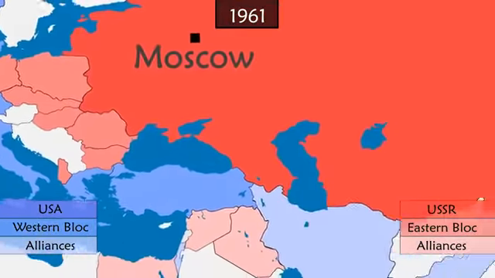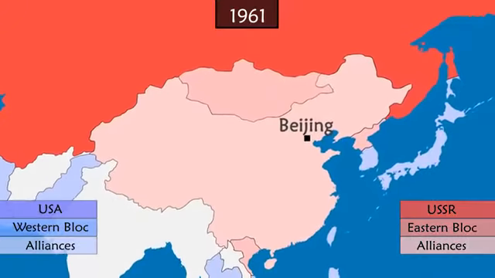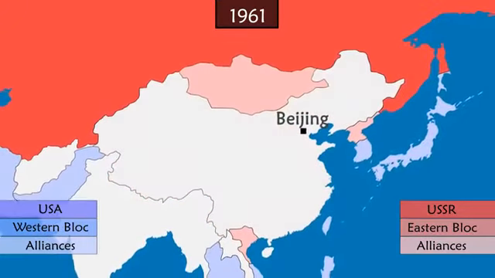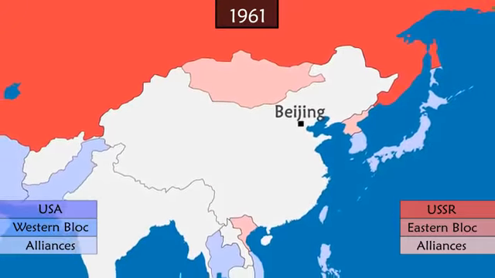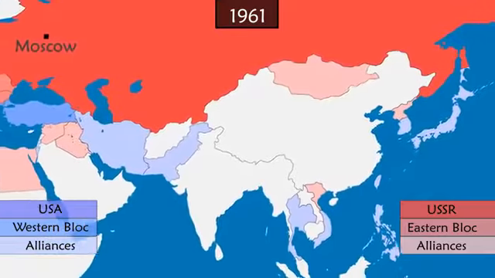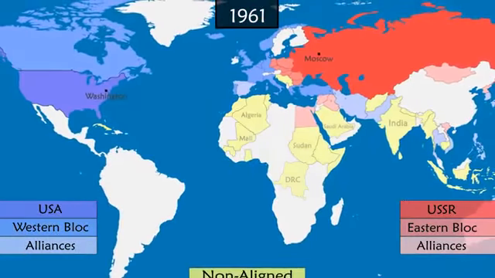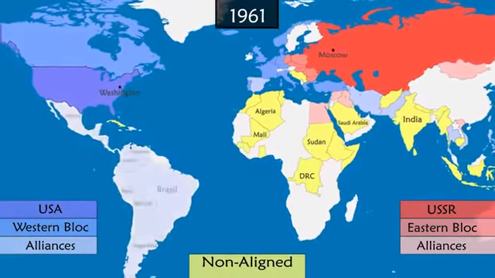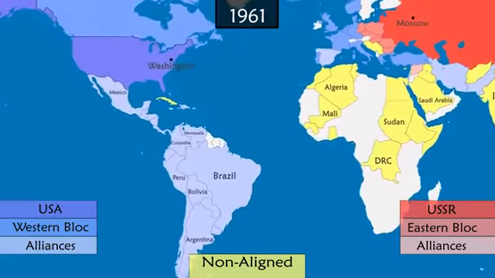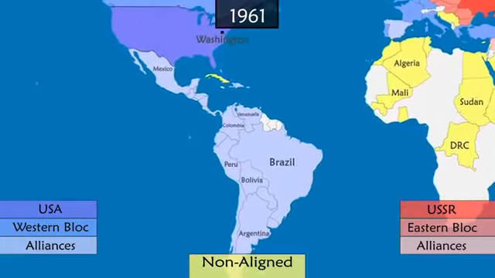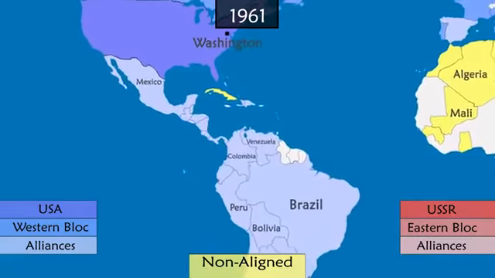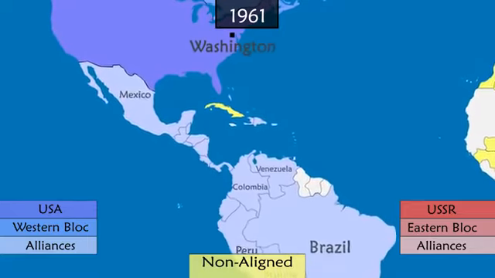Following disagreements, China breaks its alliance with the USSR as the country aims to distance itself and become a new world power. On the other hand, many countries break with the two main camps and choose to remain neutral by creating the non-aligned movement. In Latin America, the United States plays its part to ensure no room for communism, but the country fails to militarily overthrow the new communist government in Cuba.